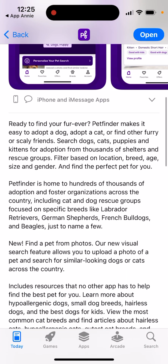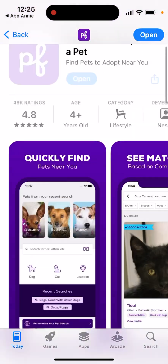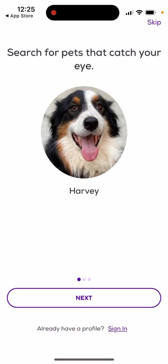Pet Finder makes it easy to adopt a dog, a cat, or find other friends in this category. So yeah, you can just adopt a pet super easily. And this app has almost 50,000 ratings. And it's built by Nestle because they're kind of promoting Purina